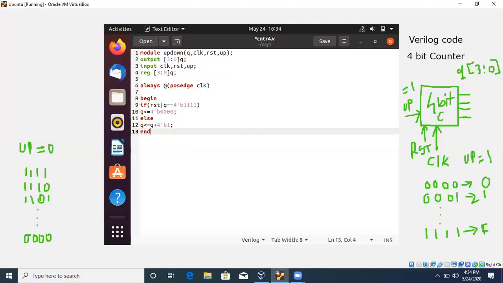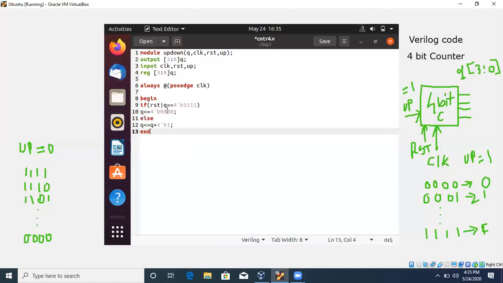So when the output is 1111, in that case you have to reset that output, otherwise increase that output. That means if a reset is applied, then the output will come back to the 0 position, because to count upwards we have to start from 0.